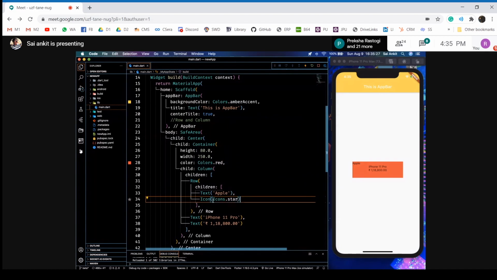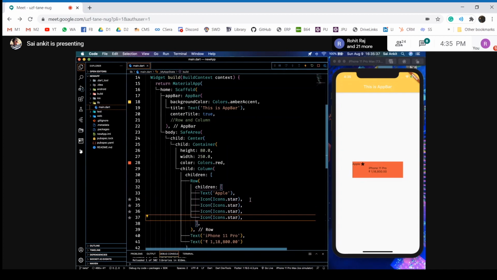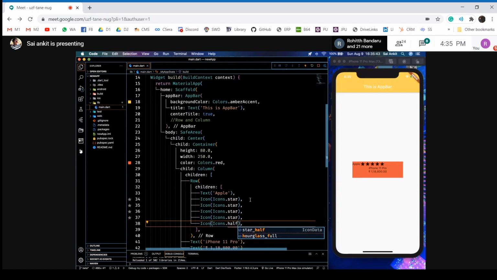Let's say the star. You got a star here. Can you see this? So you want 4 stars, right? You can just copy this and repeat it 4 times to get 4 stars here. I guess this half star, maybe star_half.